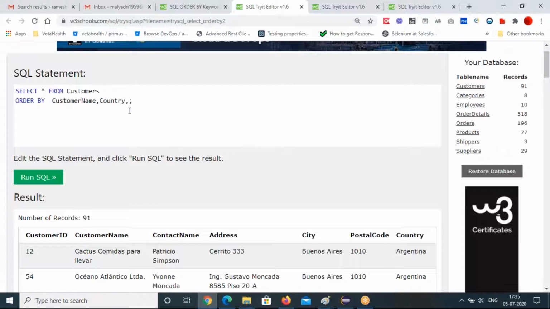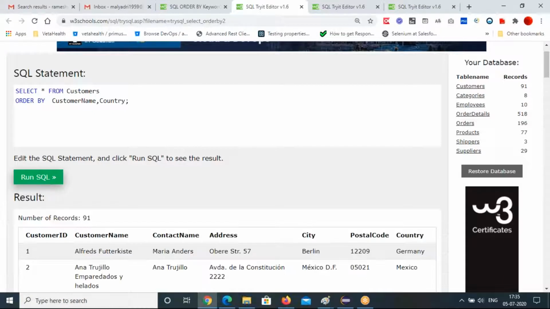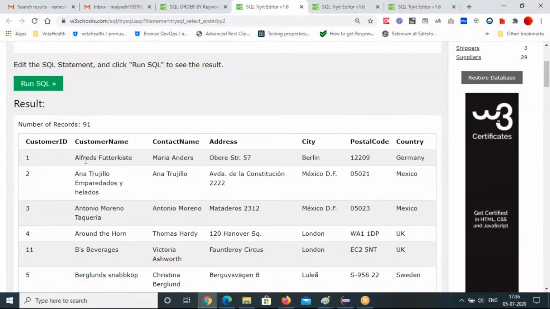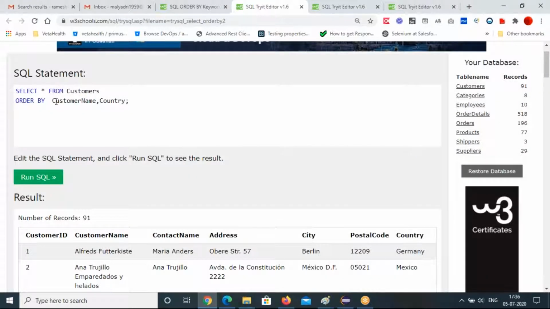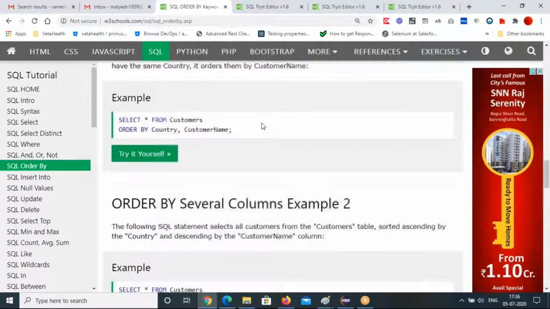First customer name we want, in ascending order. It is not bothered about country. Whichever column you give first, that column will be arranged in ascending order, followed by country. This is how to sort two columns.